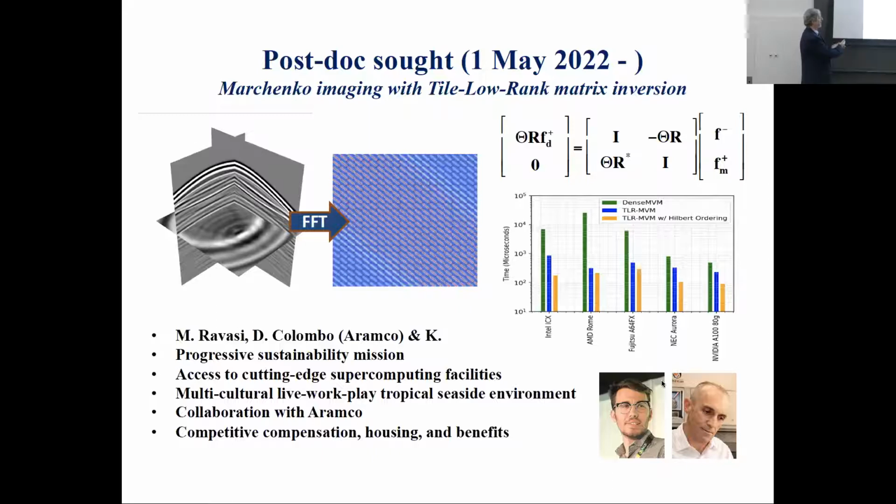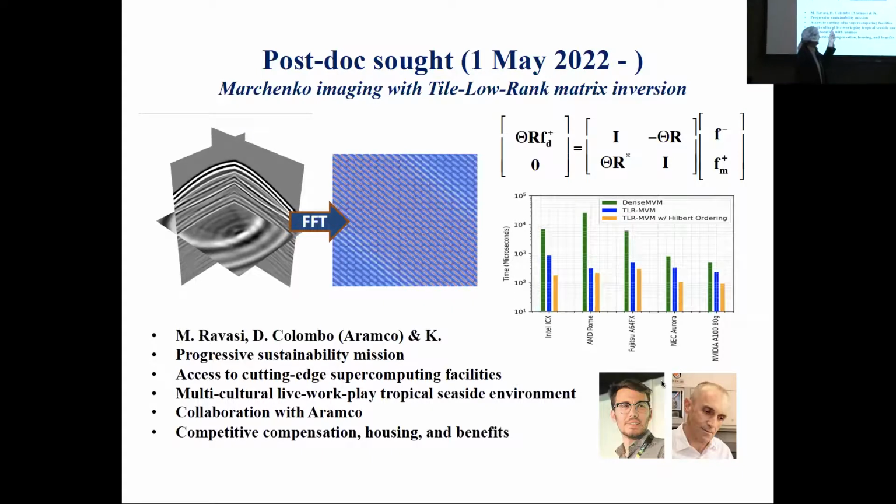And those dense multiplies can be sparsified to allow, well, the kinds of advances. This is a log scale in time, and this is the dense problems on 5 different progressive architectures: Intel Ice Lake, AMD Rome, Fujitsu A64FX, which is the core of the machine Fugaku, the world's #1 system right now. It's not a GPU machine, it's an ARM machine. And then the new NEC vector engine called Aurora, and the NVIDIA A100, the latest GPU with them.